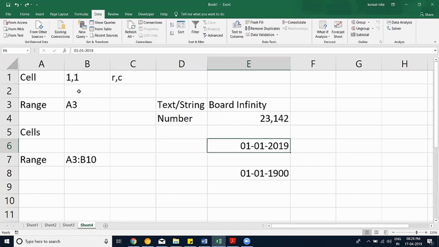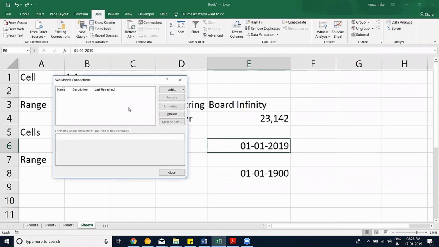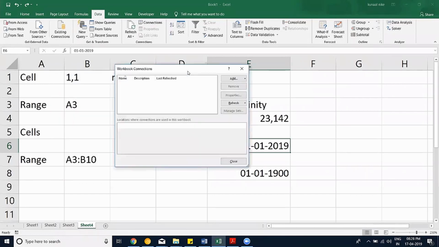use these things, right? So we have things like get external data, which is importing data into Excel. Get and transform is basically, you import data from external sources, but hey, is it clean? Is it usable? That's where this particular table helps us. Connections is something we use often in corporates, where we connect to databases residing on SQL Server, and then we make a connection to that so that we can refresh